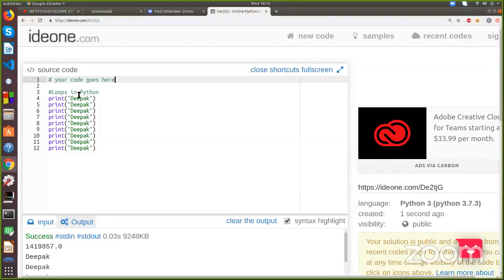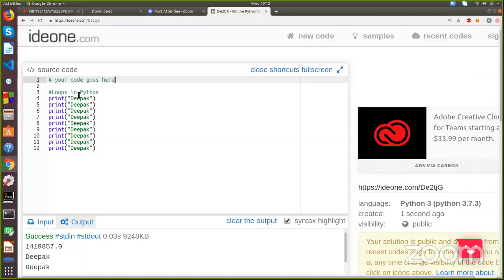So we use a loop if we are stuck in a problem, if we want to repeat a portion of code. If you want to perform a specific operation for different candidates, for example, we want to calculate an average, but we don't want to calculate the average of just one student, we want to calculate the average of 100 students. There is where we are going to use loops in Python.